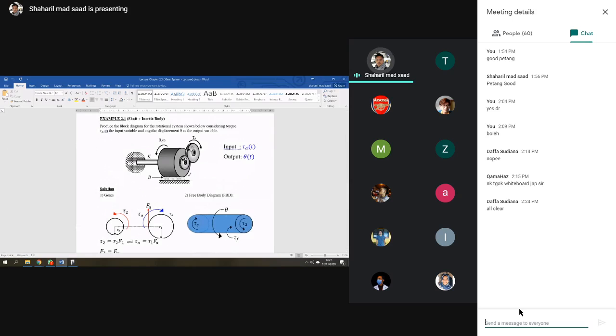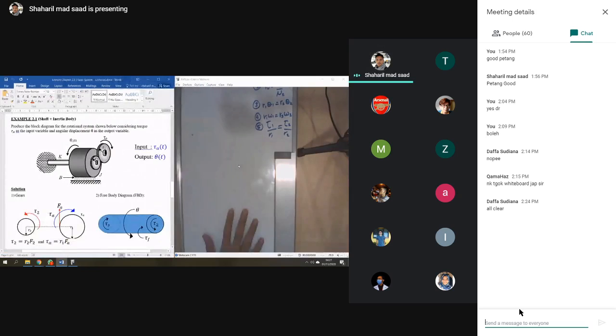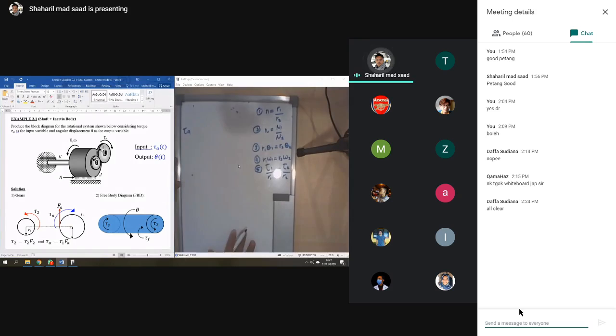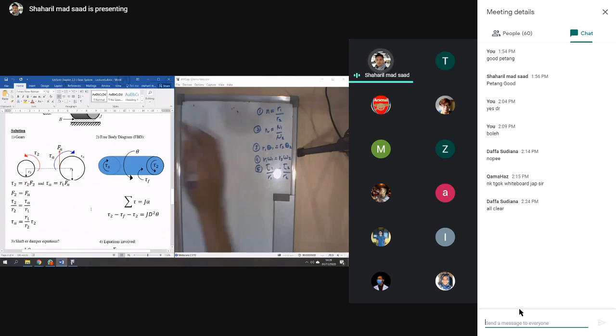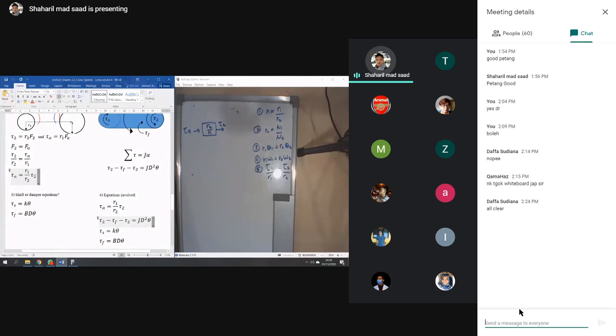So from the block diagram, your input now is TA. Then we try to solve equation number 1: R2 over R1, then you get T2. So we start from equation number 1 with the input, then you can solve